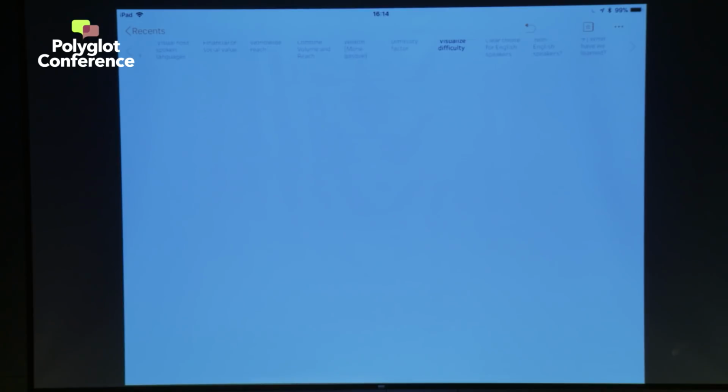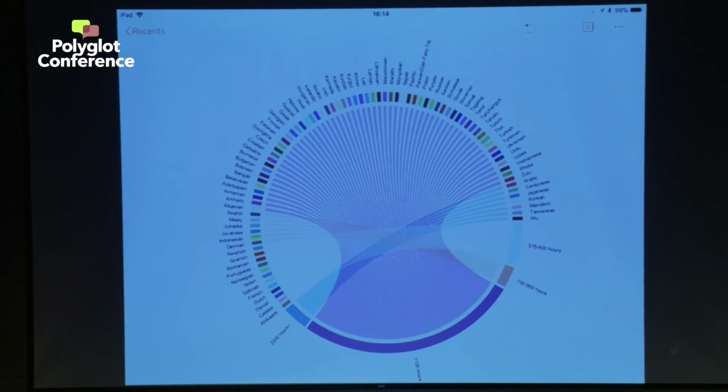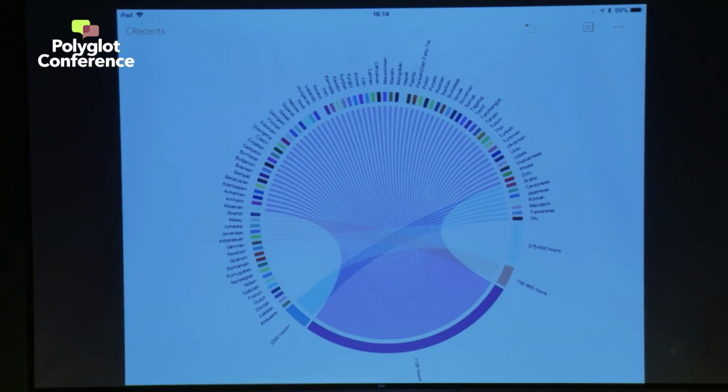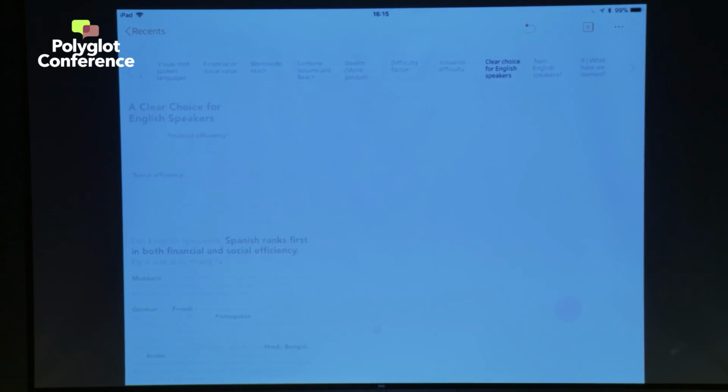But let's change that list into this nice visualization here. So we have the number of hours and corresponding that with the particular languages. So here we've got 750 to 900, and there you've got your list of languages that cover that. So you might want to start with the nice bright blue languages going over here. And this again is close to English. And this visualization just shows you that story that the Foreign Language Institute has come up with, and shows it to you in a nice, pretty way. And that's something I like when it comes to data science, is how the information is represented. So for English speakers, you get a clear choice.